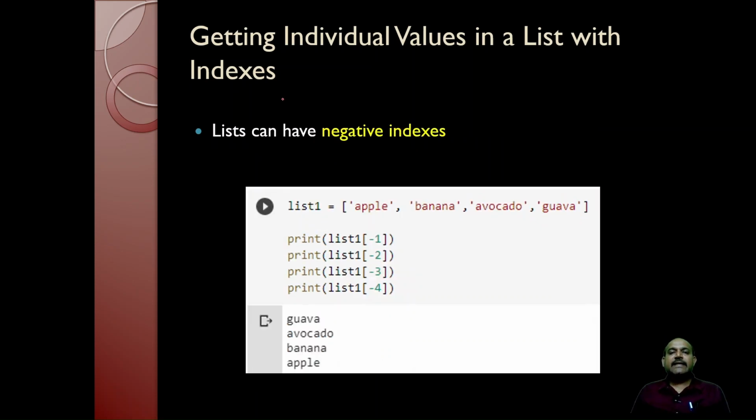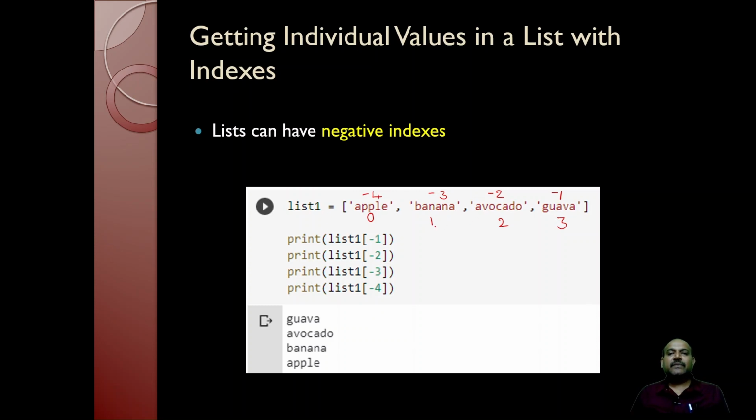As I said, the indexing starts from 0 and it keeps on going as 1, 2, 3, etc. So negative indexing is also possible in a list. When I say positive indexing, it starts from 0, 1, 2 as well as 3 and so on, based on the number of items in the list. Whereas negative indexing starts from -1, and it is assigned to the last element of the list, followed by -2, -3, -4, like this in the